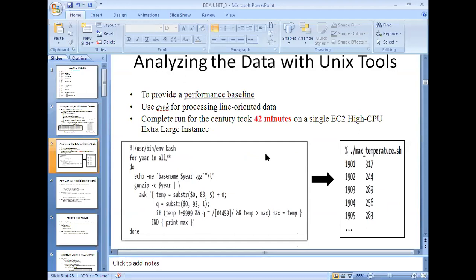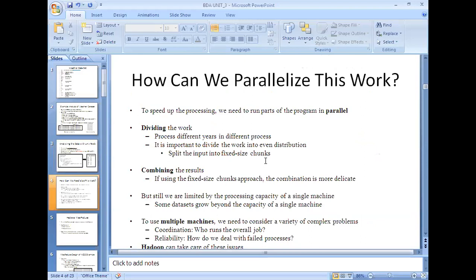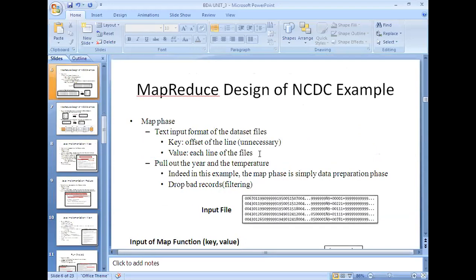As we discussed, it takes 42 minutes if you run it on a single system. Then how will we implement it using MapReduce, and what happens while executing this work in a distributed environment? Now let us see the implementation part of this weather data set.